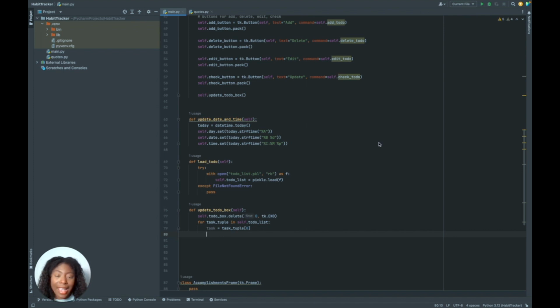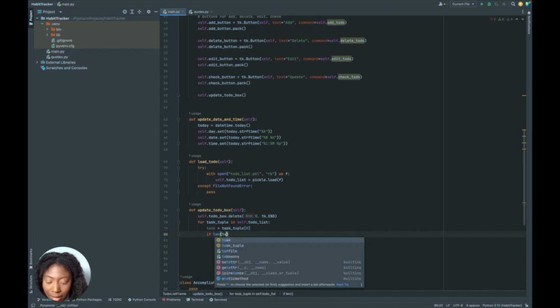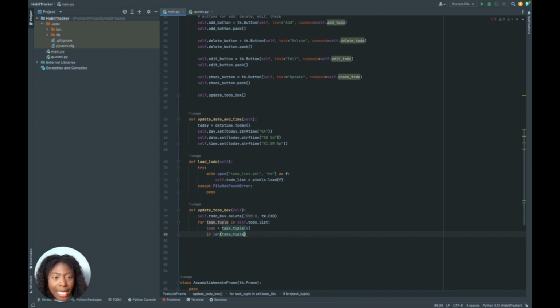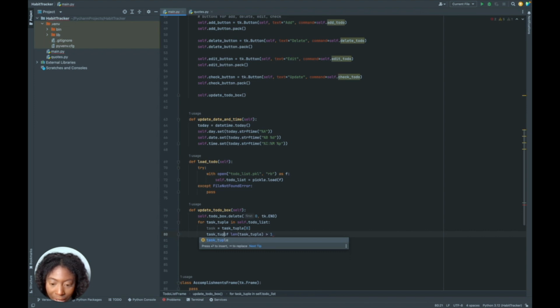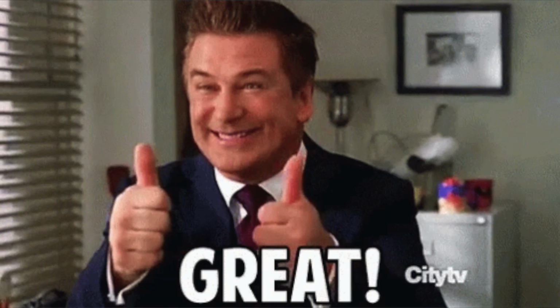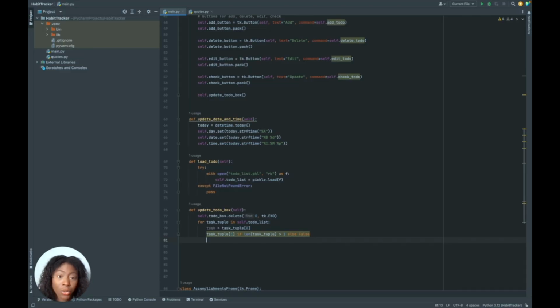So let's also get that task state. So if the length of task_tuple is greater than 1, then we're going to get whatever is at task_tuple of 1. Else, it's going to be false. Okay, great. If the item is checked, we will insert a check mark emoji. If the item is not checked, we are chilling. So let me show you what I mean. If checked